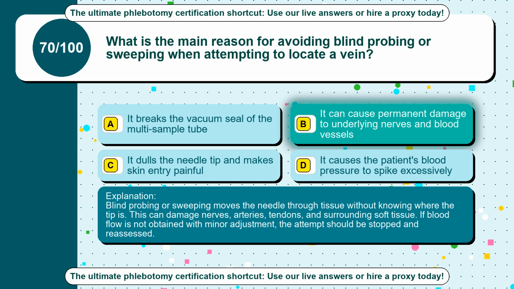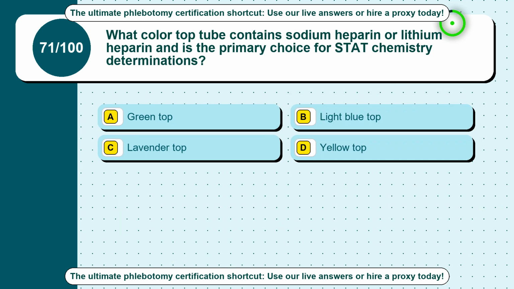This can damage nerves, arteries, tendons, and surrounding soft tissue. If blood flow is not obtained with minor adjustment, the attempt should be stopped and reassessed. Question 71. What color top tube contains sodium heparin or lithium heparin and is the primary choice for stat chemistry